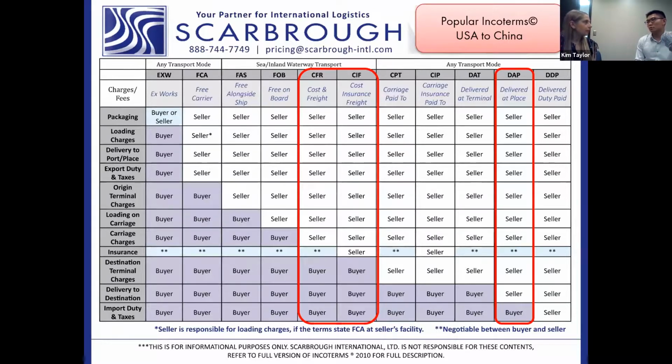Right. So the taxes for the importer in China are going to be whatever the duty rate is for that HTS or HS code, and then also a value-added tax. Can the importers get any of that tax money back? No. In China they encourage export.